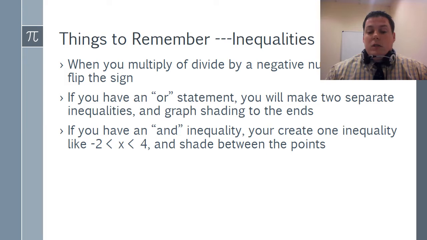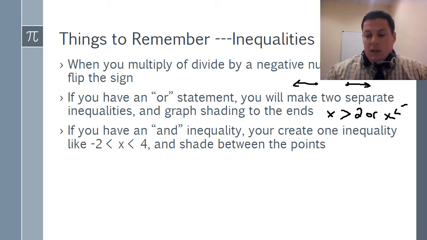All right, so an or statement, when you graph it, would look like this. And you may have a statement that says x is greater than 2 or x is less than -1. And then if you have an and inequality, you will create one inequality written like this and shade between